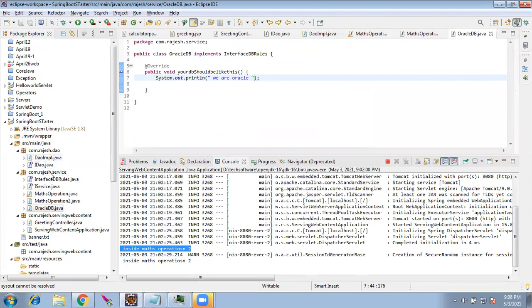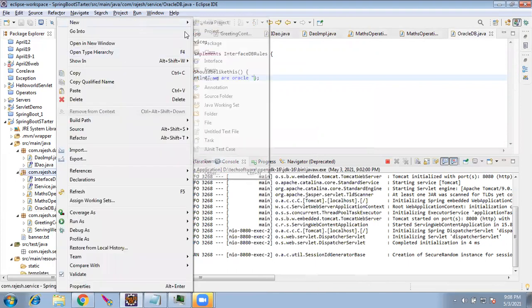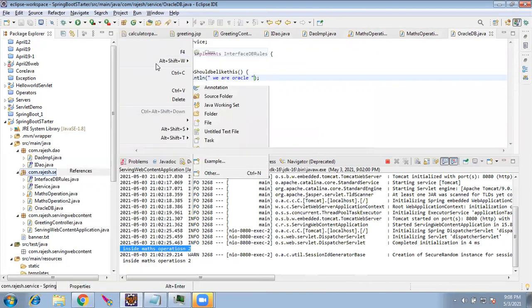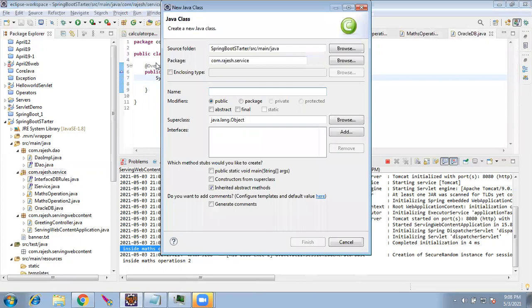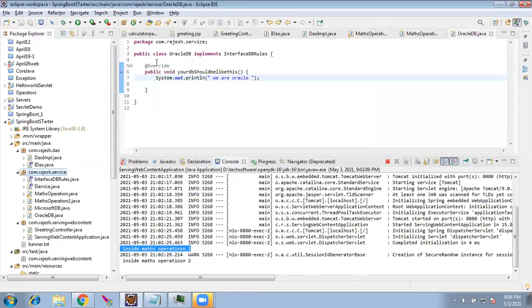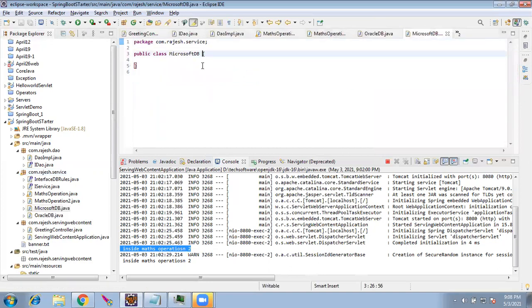Tomorrow Microsoft is coming. I don't like Oracle DB, I am going to provide my own DB. So the Microsoft guy comes, Microsoft DB. Again, the community says, if you want to release your DB into the market, you have to follow the standard. So implement the rules which we have given.